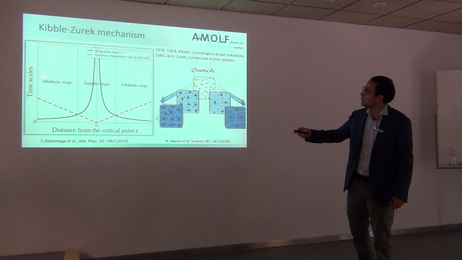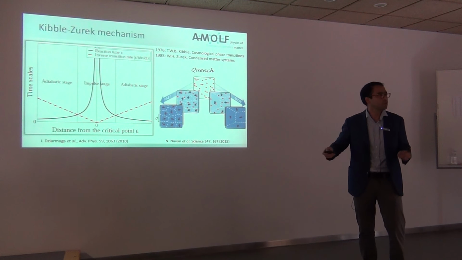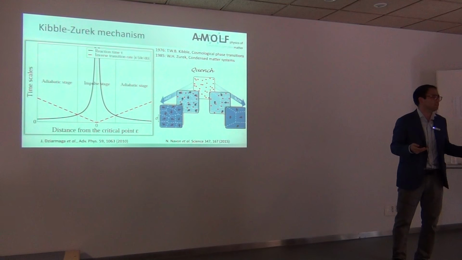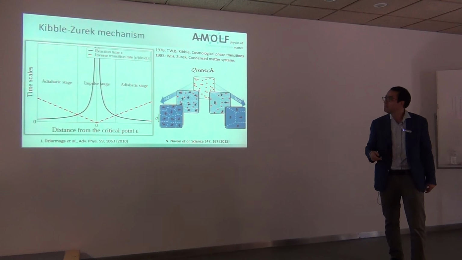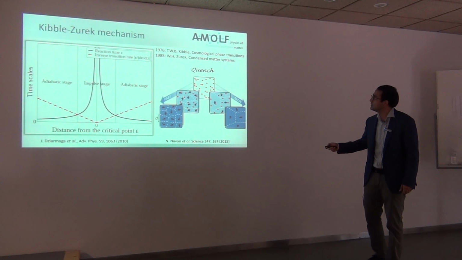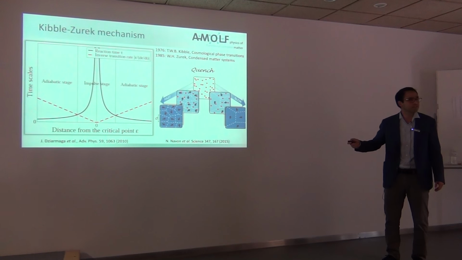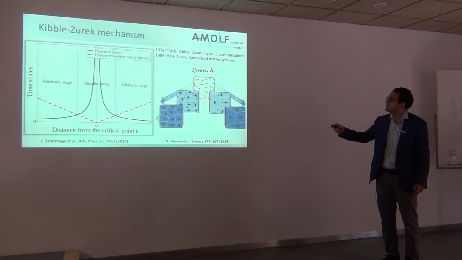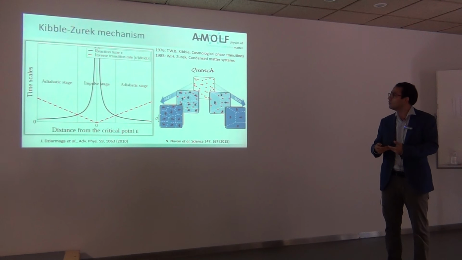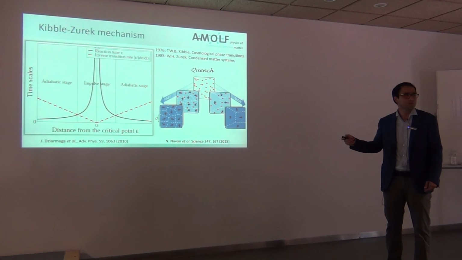And the point was that before, I applied this framework to study just a zero-dimensional object, but all of the interesting physics is absent, right? The interesting physics being these strong correlations between the sites that emerge depending on the speed. So there was this paper somewhat recently in Science where people studied the BCC phase transition, and they basically quenched the system. And when you go fast, you see that there are all these domains that have different small sizes, but when you go slow, you see these large domains, right? So this is the essence of the Kibble-Zurek mechanism. The slower you go, the bigger the domains, right?